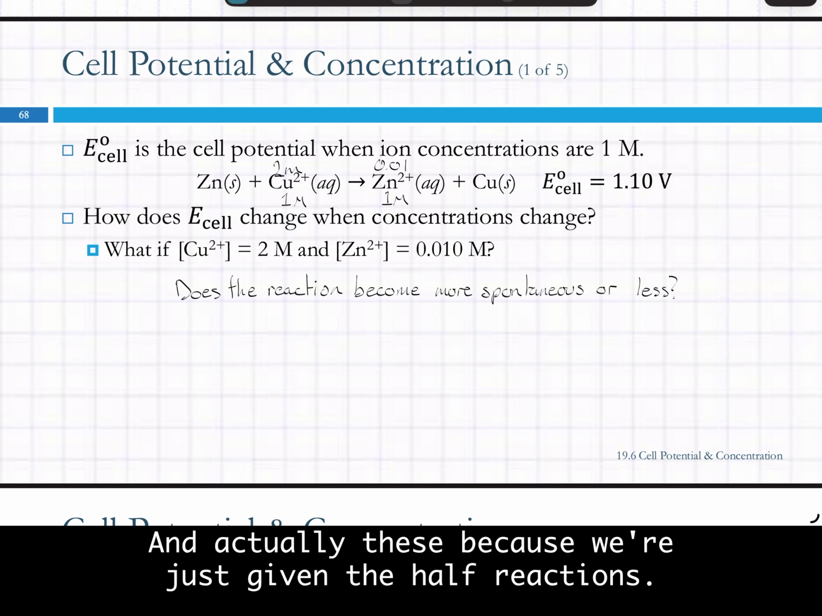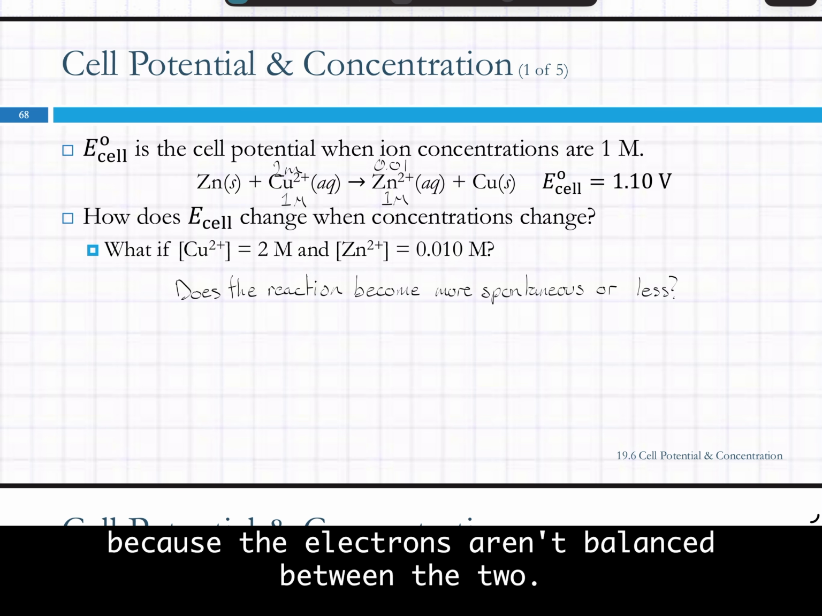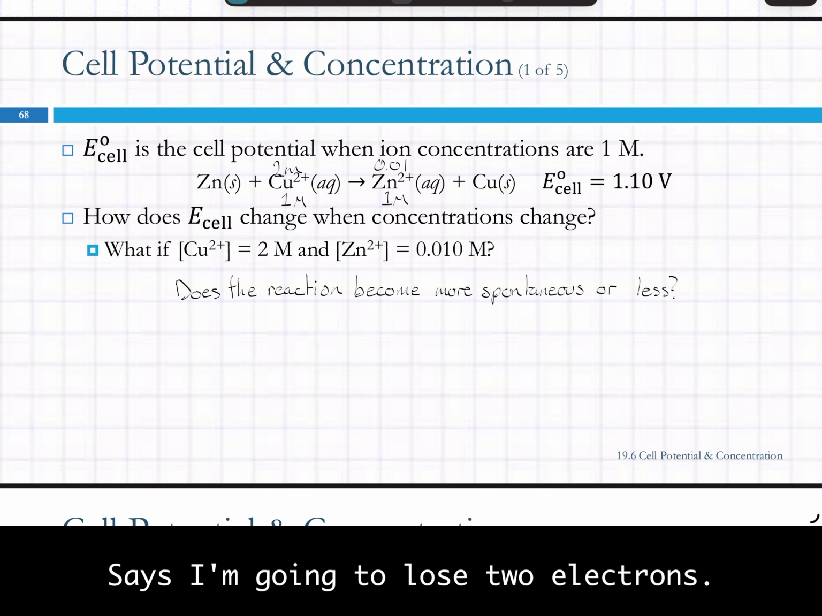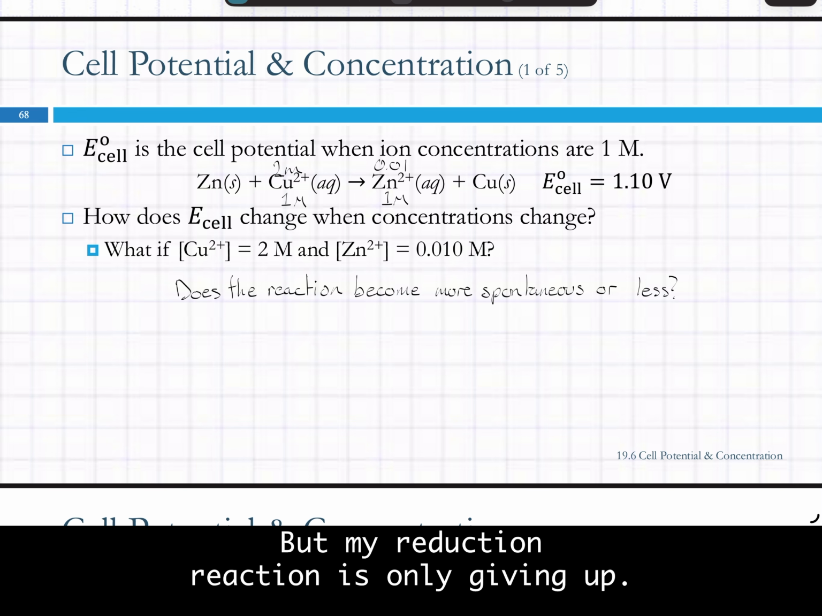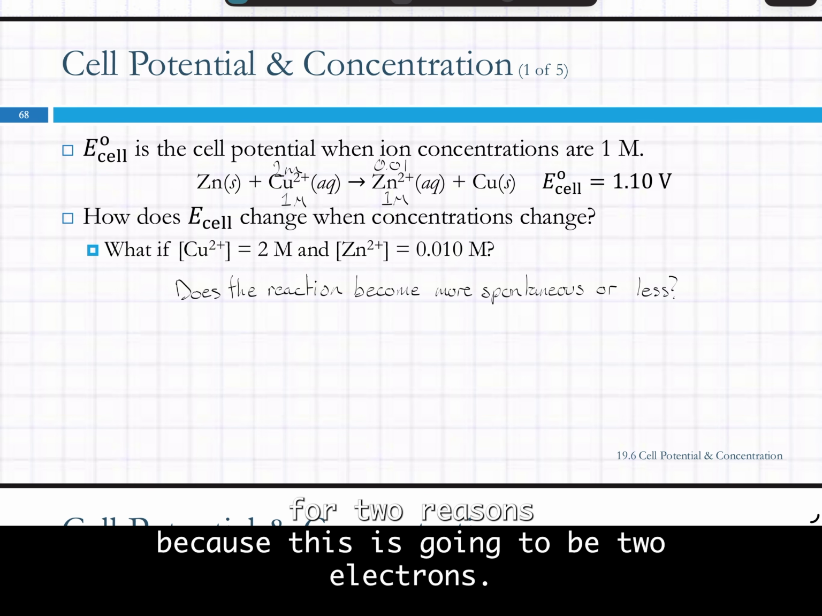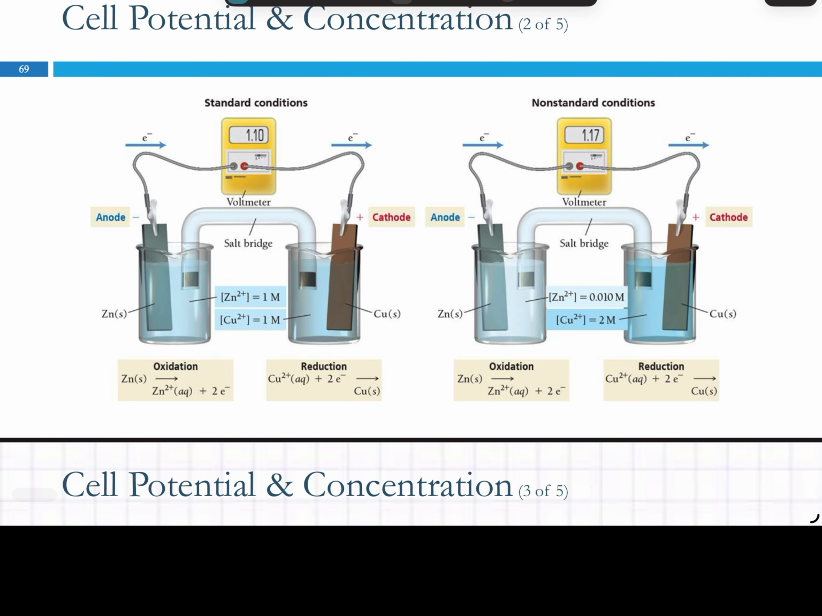Yeah, and actually these, because we're just given the half reactions, this is like the step before you combine them because the electrons aren't balanced between the two. My oxidation reaction says I'm going to lose 2 electrons, but my reduction reaction is only gaining 1. So this whole reaction actually needs to be multiplied by 2. Which is important for 2 reasons, because this is going to be 2 electrons, but then the log of Q,